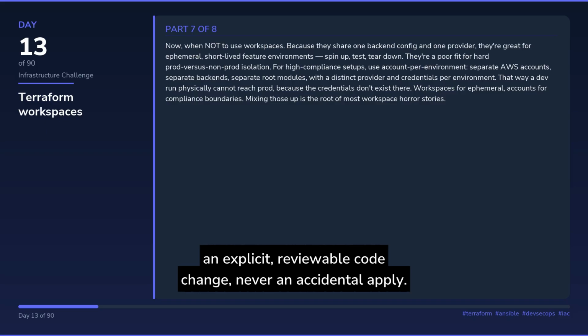Now, when not to use workspaces. Because they share one backend config and one provider, they're great for ephemeral, short-lived feature environments: spin up, test, tear down. They're a poor fit for hard prod versus non-prod isolation. For high compliance setups, use account per environment,